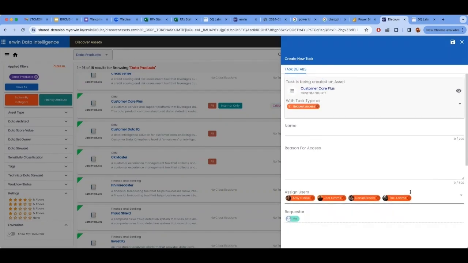Once this request is complete, we are not going to show it live here, but we can show it after. Once this request is approved, it will automatically grant me the permission to the assets deemed appropriate, and maybe I get access to the Power BI report, or maybe a file in the Azure blob directory, or maybe I'll get access to the table. It will be decided based on the nature of the request, like what I'm trying to do.